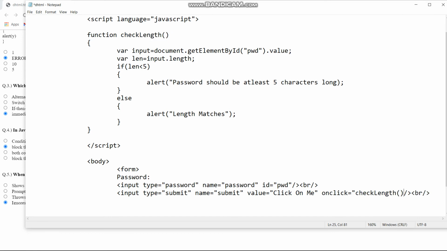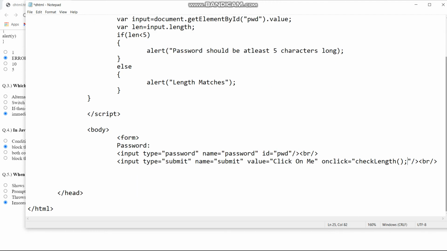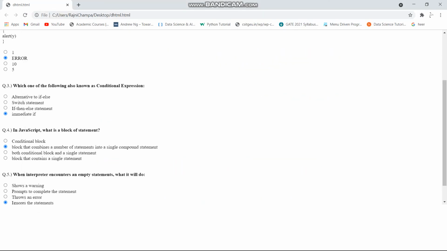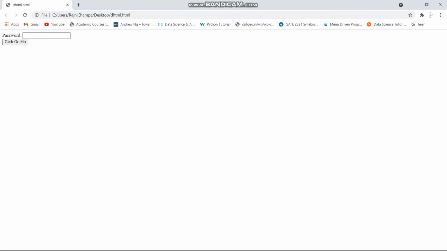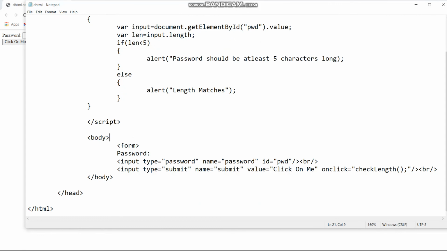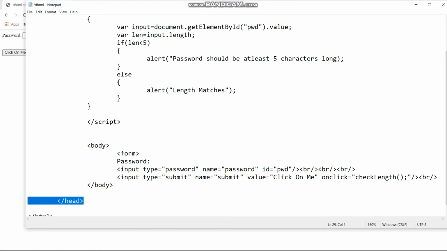So now there are some mistakes, I think. Yeah, you have to close the body tag first, and then we have written all this thing inside the head section. So what we will do is, yeah, this is looking nice. Now we will go back to the notepad file. First correct the incorrect things. So there is something wrong. First we need to take down the button, save, and you can see the click on me has gone down. And now we have to take this head above, and we have to write it here.